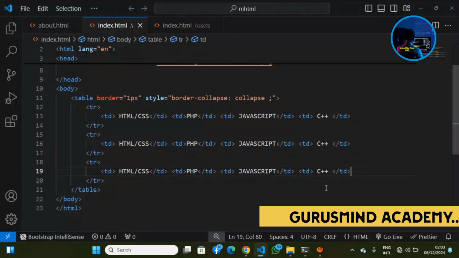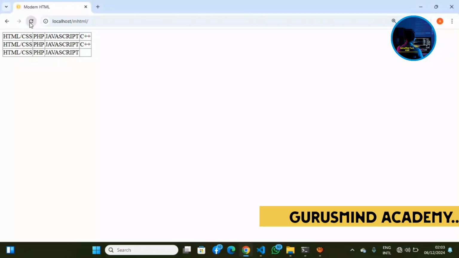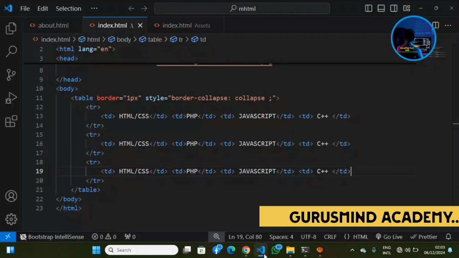Why is it not showing at the last one? Let me see. Okay, it's there now. So now this is what we do. This is how we can actually do this. Then the next thing I want us to do now is to give it